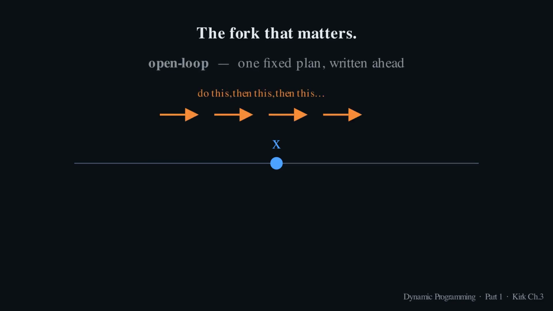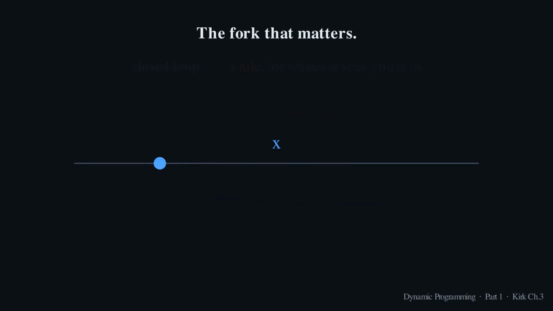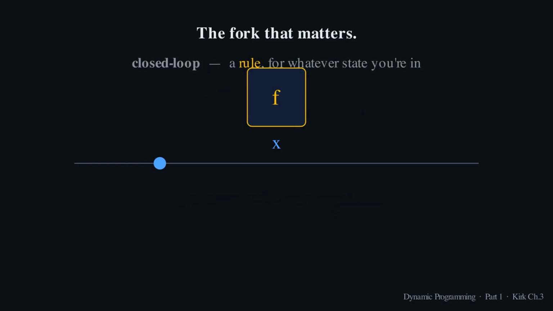Now, here's the fork that matters. You could write your entire plan in advance. Do this, then this, then this. That's an open loop plan. But the world drifts. One gust, one surprise, and your pre-written script is steering for a world that no